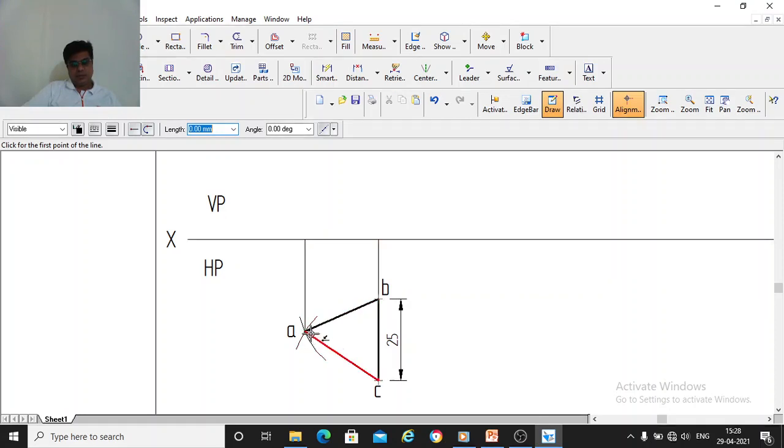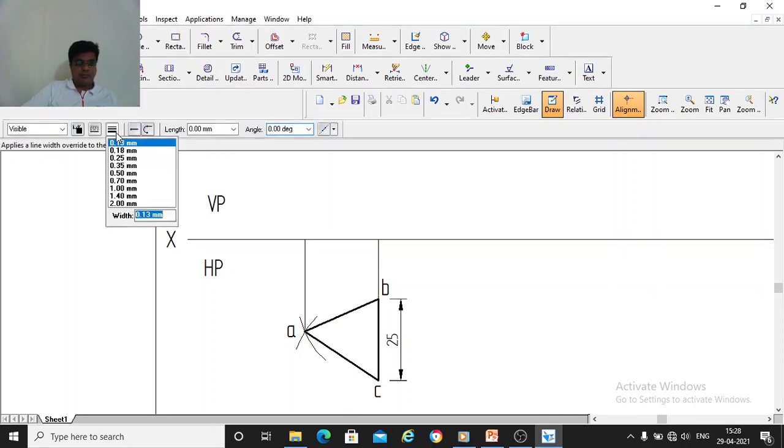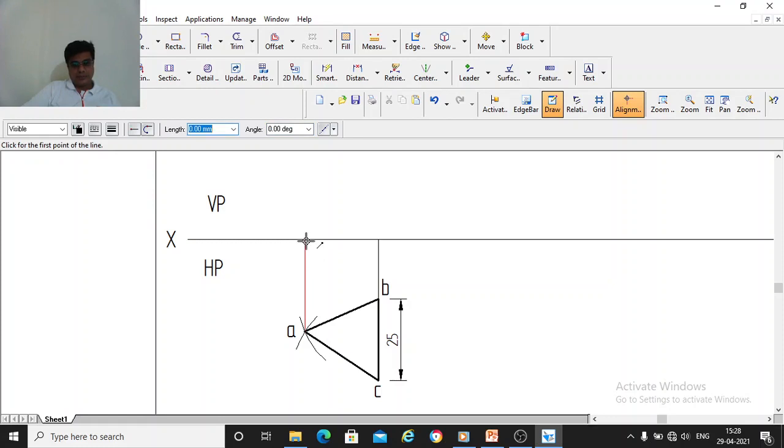So from here to here, so this ac is projected here and this is ac. So this is the front view. You are seeing from the front here. So this ac is projected here on the vertical plane on the XY line. So now we should draw that edge front view using your 2B pencil. Draw the point a dash here and this is c dash, it is here. So from here to here, this front view is projected and this is the front view a dash c dash. So this is a dash, this is c dash and b is also there, b dash.